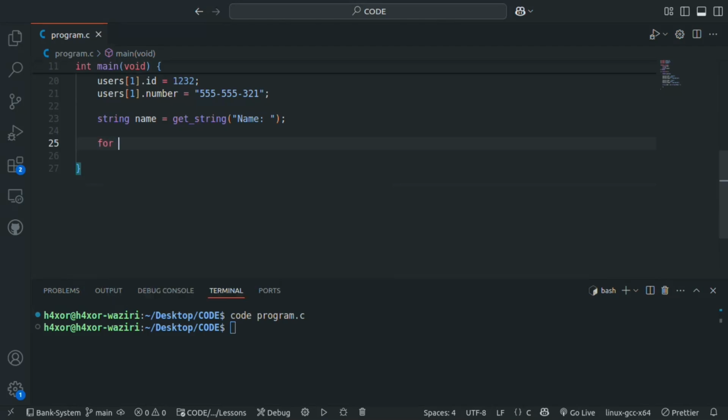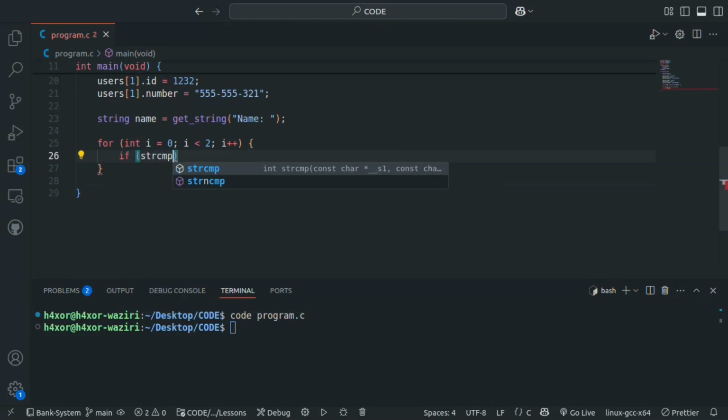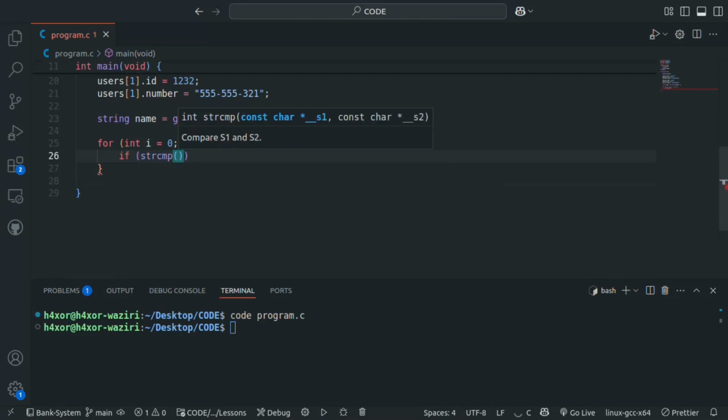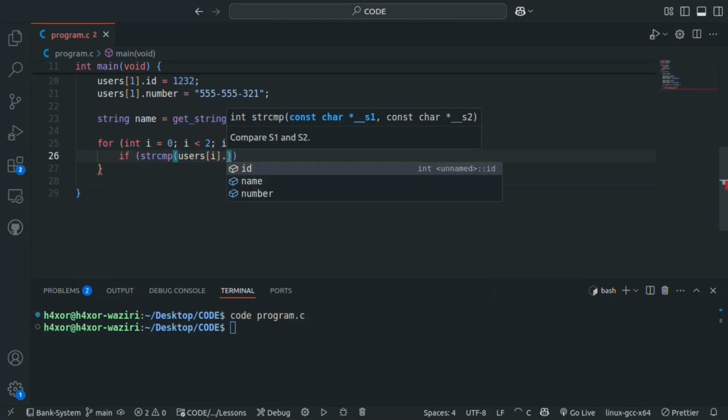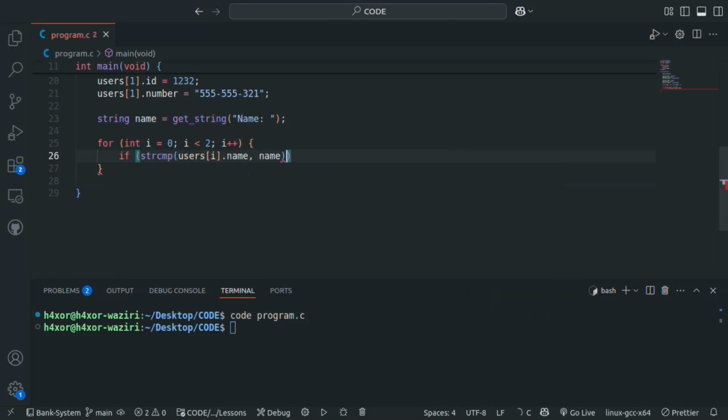So for inside parentheses int i equals 0 semicolon i less than 2 semicolon i plus plus, then inside curly braces if inside parentheses strcmp inside parentheses users position i dot name comma name equals equals 0, then inside curly